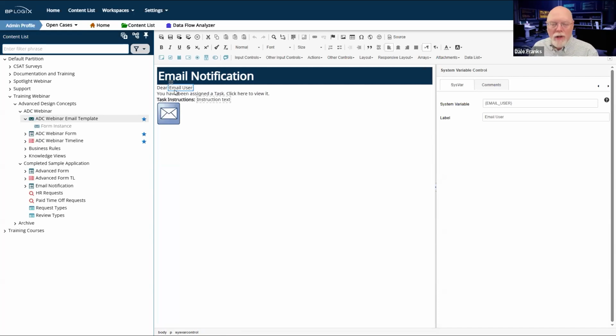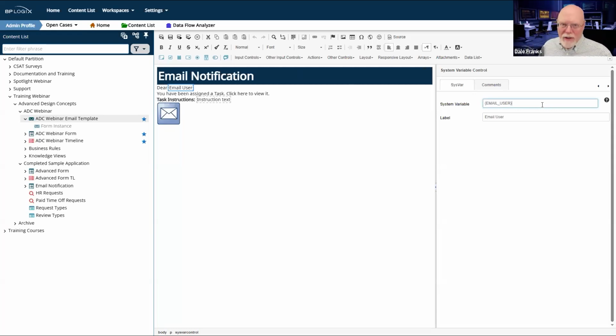Now, when you do this, there is a system variable that is used only for email templates to specify the user to whom the email is being sent. And that is the email_user system variable. That system variable takes each email that goes out, specifies who the recipient is going to be, and then adds their name to the email.